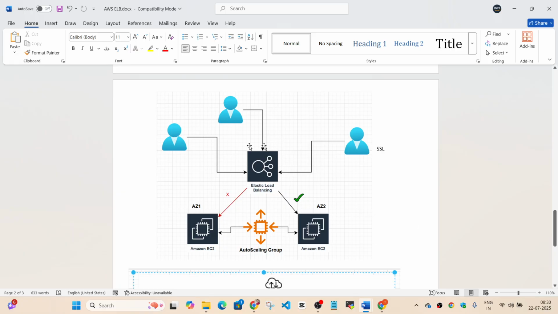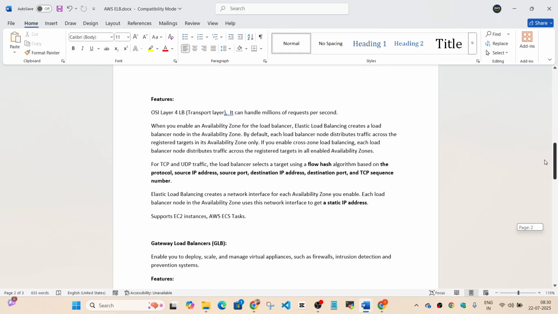The meaning of round robin is, suppose you have three users, so we have three requests coming to this ELB. So the meaning of round robin is the first one will be sent to this one, the second will be sent to this one, then the third one will be sent again to the first one. So it's like a round robin way. Each one will get its chance, one by one. 1, 2, 3, 4, 5, 6, like this. So it's called the round robin way of routing the traffic. And this is the default algorithm.